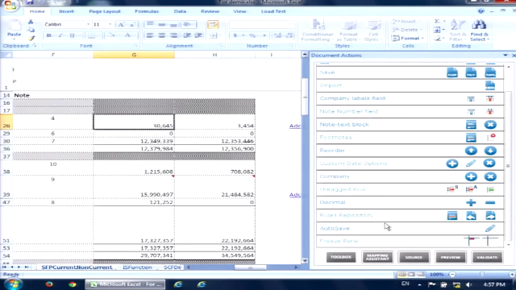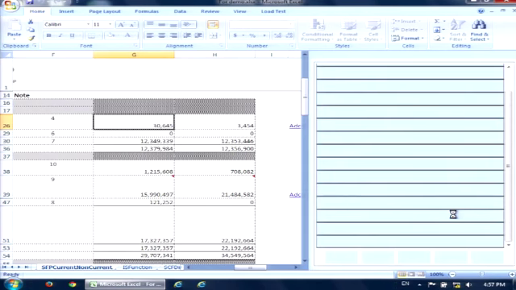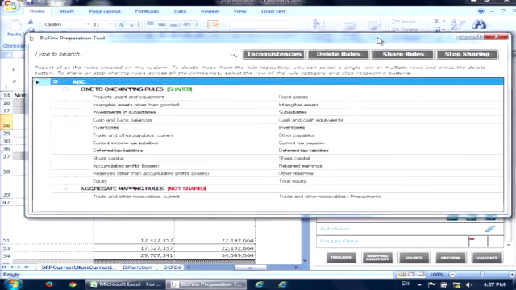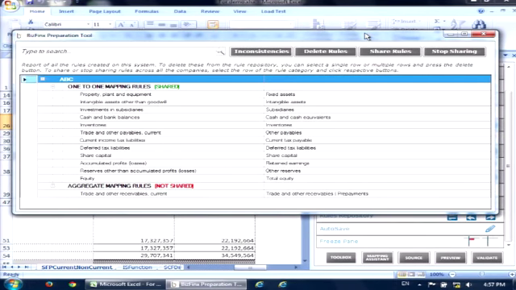Rules Repository. Click here to show the Rules Repository window. Okay, it comes out here. This is the same as what I showed you just now in the screenshot. As you can see, just now I tried one drag and drop, right? It's for trade and other receivables and prepayments. So now a mapping rule has been created to map these two elements, trade and other receivables and prepayments, to the trade and other receivables